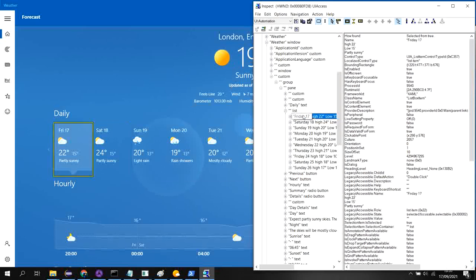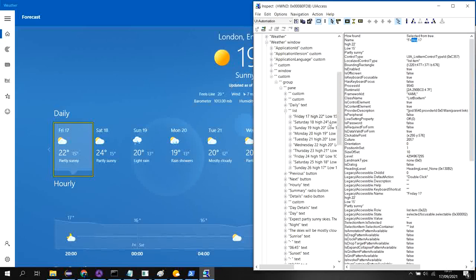Okay, how we can check that one: if you localize the control type, it shows that these are list items. And how am I taking all these list items? You can check that I am using find elements. I am taking the day, so I am checking if the day is available in the name. So I am taking all those things in a container, in a list, and based on that I am taking all these items.